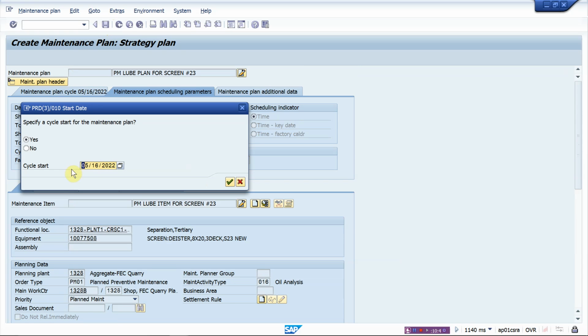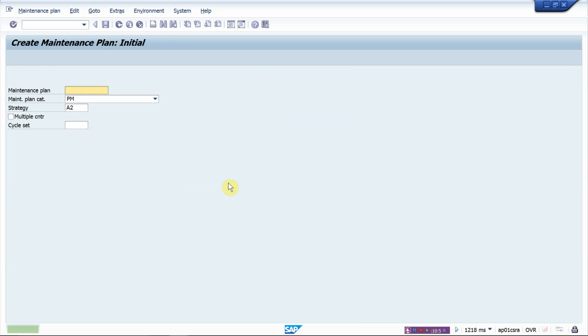Now when we save it, it's going to say, do you want to start in cycle? No, because we don't want to start right now, because we're waiting for it. Right, it's not connected to anything. So now your plan's created. It gives you a plan number right there. And that's it. So now we'll stop this